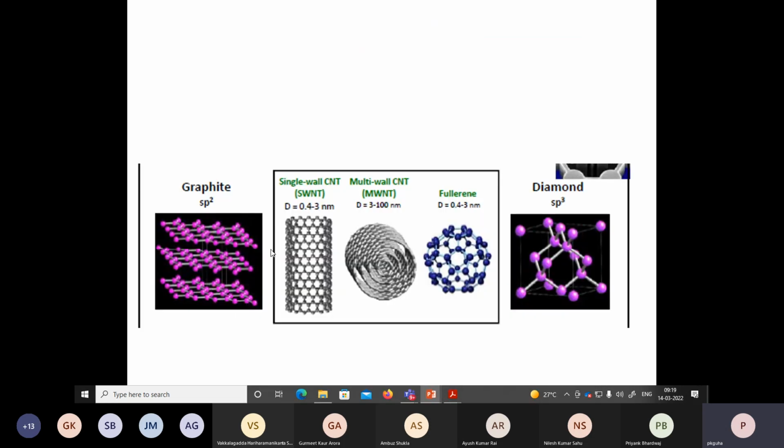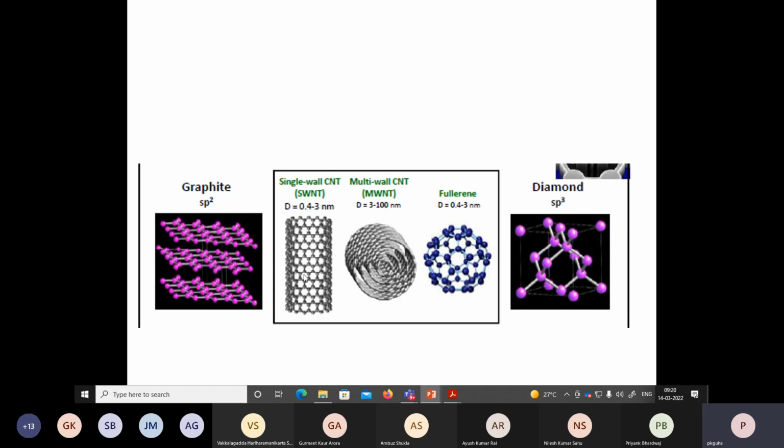This is what I tried to draw, but I couldn't draw. So these are graphite material. In graphite you see there are six carbon atoms in the hexagonal form, and the layers stick together through weak van der Waals force, and you can detach these layers by various techniques to get graphene. If you can detach a single layer, it will form monolayer graphene, and then you can roll it